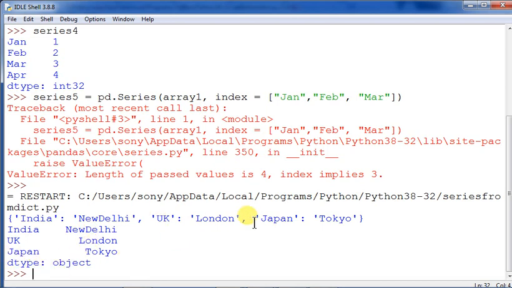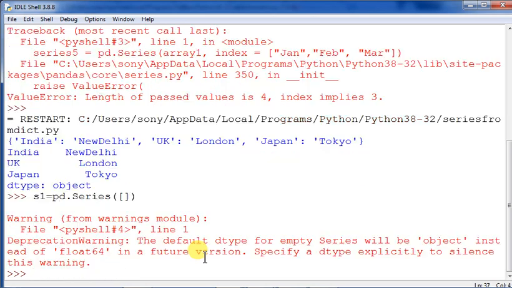Whenever you are using string values in the dictionary and converting it into a series, the data type will always be object. But when you are using an empty series, what data type does the series have? Float 64. Do you want to see it? So pd.Series, suppose I am taking one empty series out here, nothing is there. Clear? I am taking a series variable, say S1 equals pd.Series. This is an empty series S1.